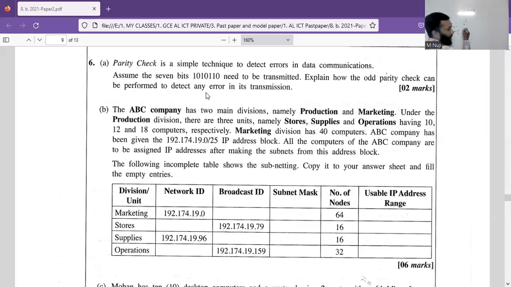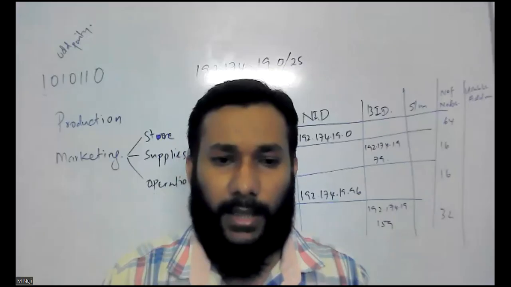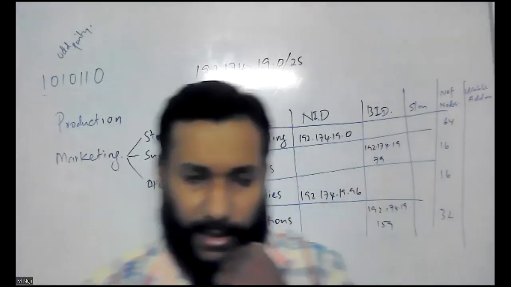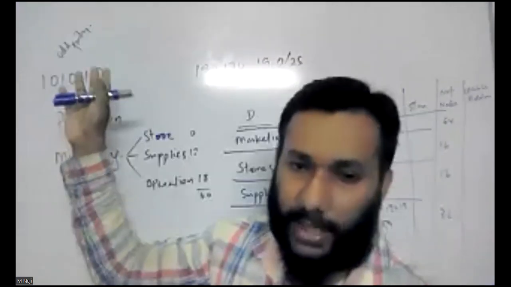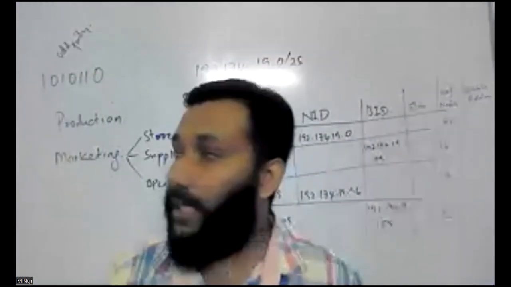There's marketing, store, supplies, and operation. Here I copied my tables here, and your first A part question says